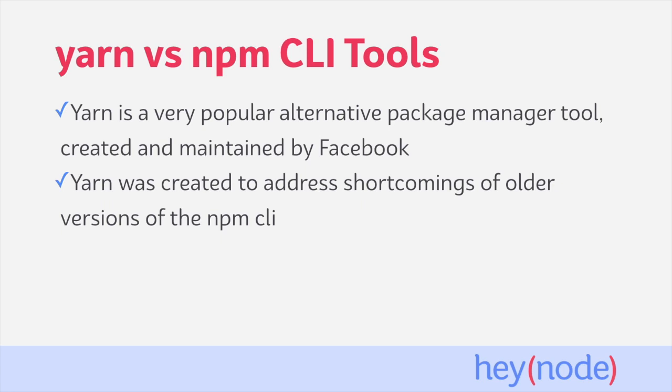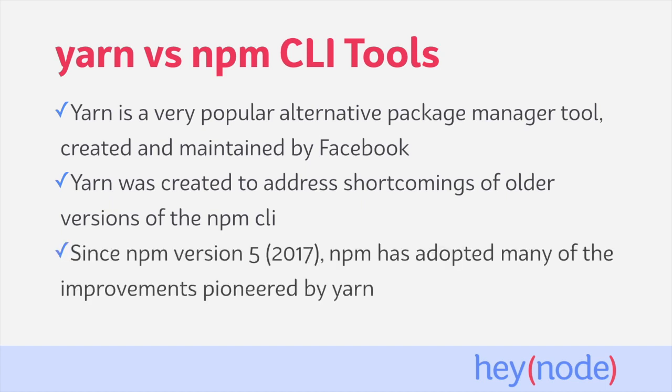They both access the npm registry, both help you download and manage dependencies, and both interact with the data stored in your package.json. The differences between the two used to be more pronounced. Yarn was faster at downloading packages and allowed you to use lock files to create an exact and reproducible dependency tree. However, since version 5 of the npm CLI, released in 2017, npm has added features and improvements which have adopted many of the benefits that Yarn provides. The remaining small differences between the two tools are outside the scope of this tutorial.